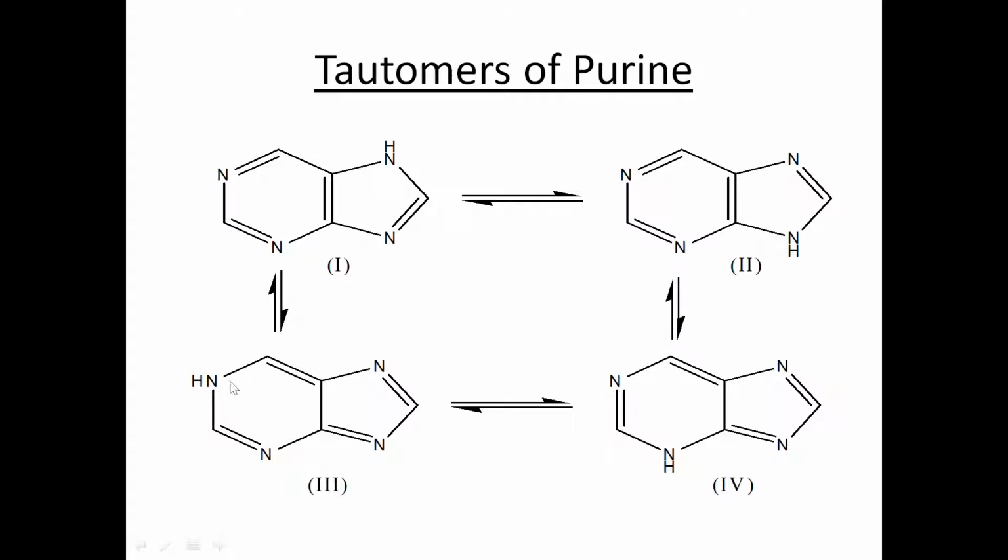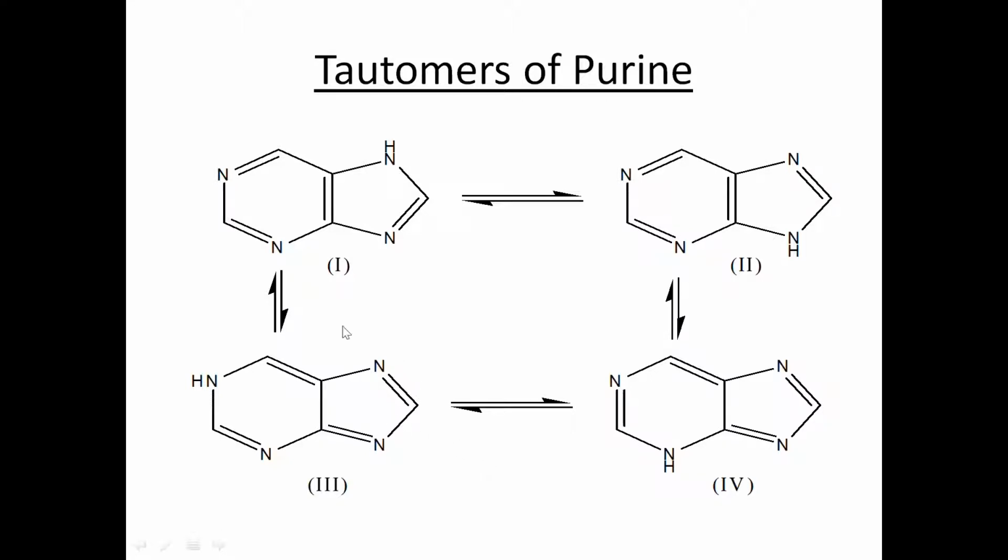What about the third structure? The hydrogen atom is present on the N1 nitrogen. So hydrogen is present here. Now single bond, double, single, double, single and double. This is the way you can place the double bonds in the tautomer. Now here the hydrogen is present at the third nitrogen, so you can put the double bonds alternating accordingly. So this is the way you can draw the tautomers. These are the 4 tautomers of purine.